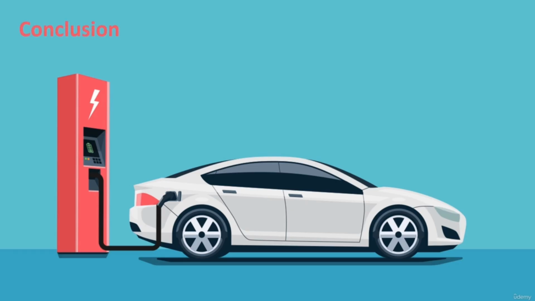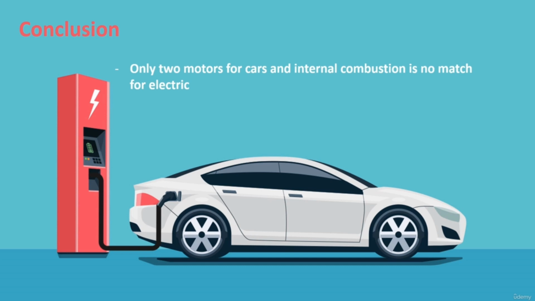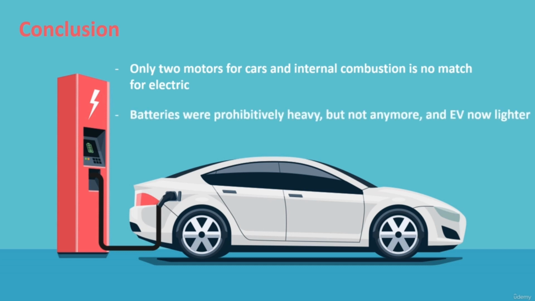So to wrap up, there are essentially only 2 motors for cars. Heat engines, to propel the car forward by burning fuel, and electric engines, that use much more gentle and efficient magnetic fields. Electric engines are superior in almost every way. They are lighter, smaller, cheaper, require no maintenance, are 4 times more efficient, cause no exhaust, and can run on renewable electricity. The problem was the battery used to be incredibly heavy, but due to incredible developments in battery technology